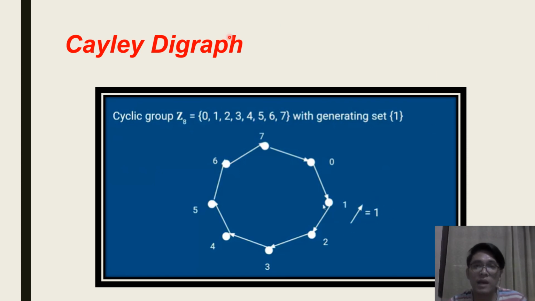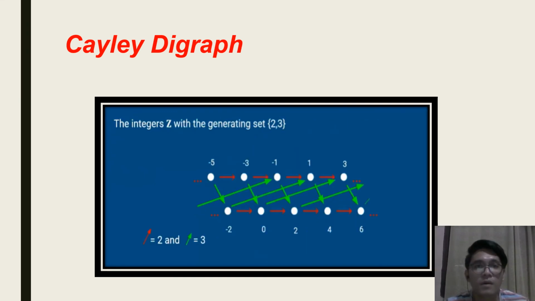Let's take a look at another example. We have proven that 2 and 3 are a generating set under addition, so this one should look pretty familiar. This is what the Cayley digraph looks like. In this case, our vertices are the integers again, such as negative 1, 1, and 3. But this time, we are talking about all the integers in G. In this case, we have two generators. The generator 2 connects any two integers that differ by 2. So as you can see, in the Cayley digraph,